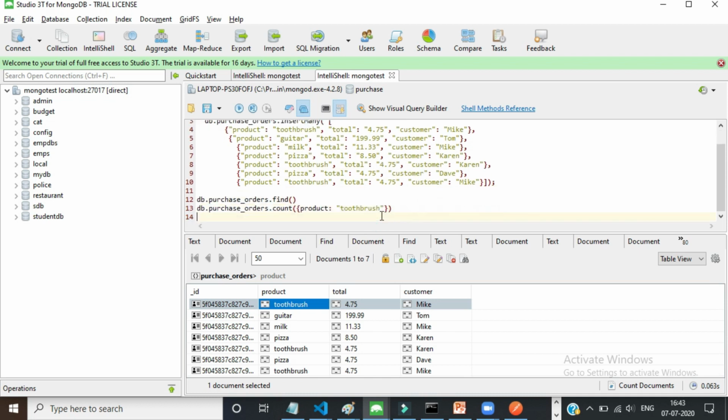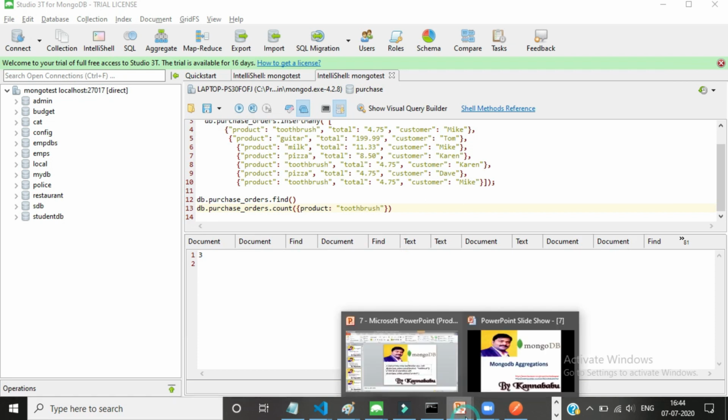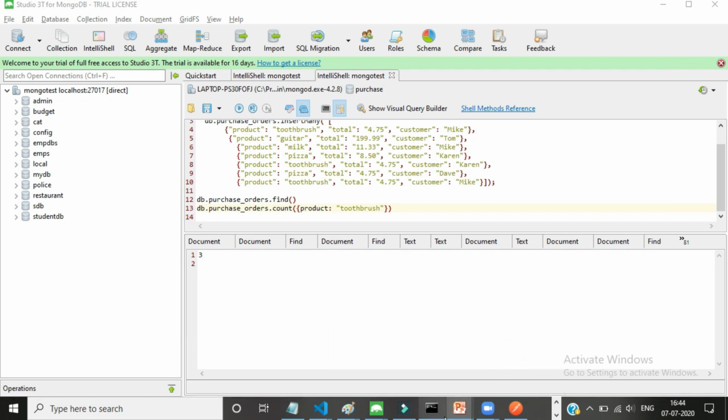So select the query and press F5, or otherwise execute this command. Here you can see this toothbrush was purchased three times. See, here 1, here 2, here 3. That is how you can work with this count function. Yes or no? The count function is used to count the